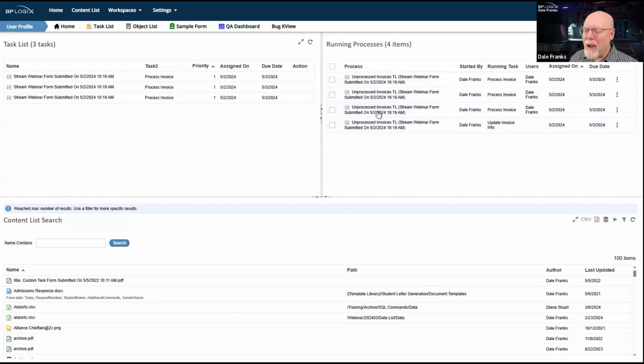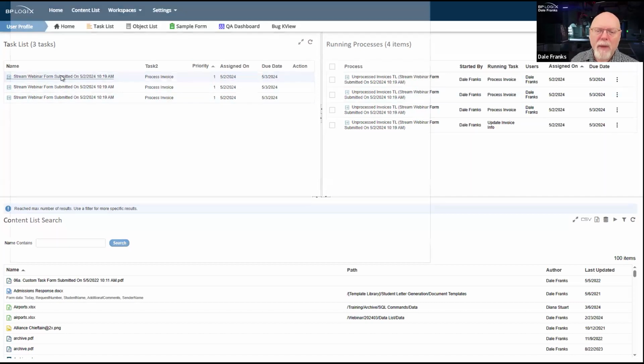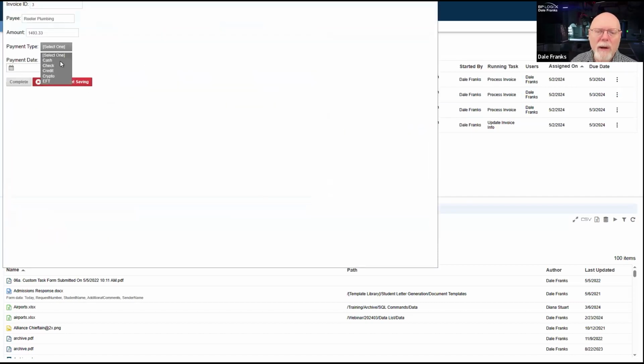Oh, it may be that it's taking some time, because notice I still have some running processes. Looks like it's taking some time to run that database call. So you know what? Maybe it was configured fine after all. Not entirely sure, but it took a while. Those two worked out. I'm just going to go ahead and process the rest of these.